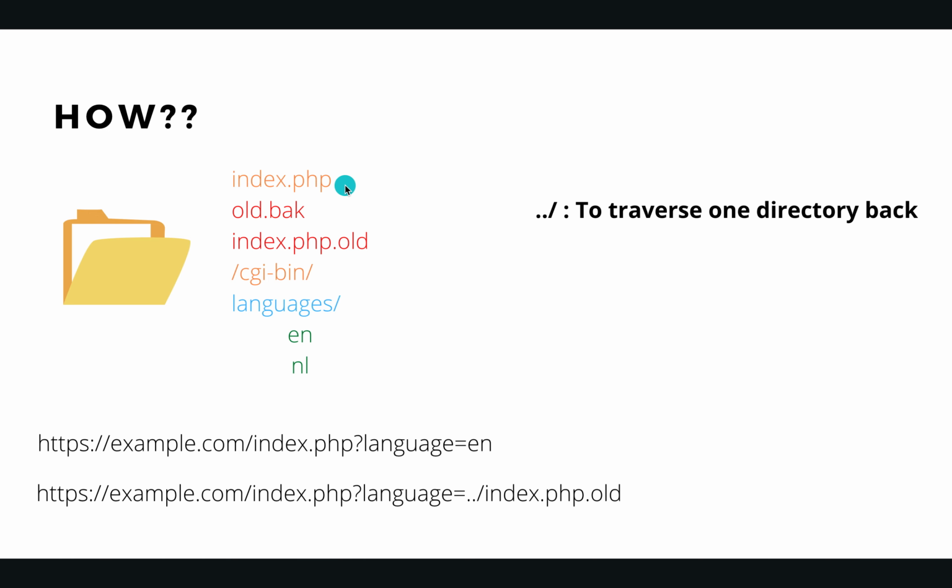Now, for example, if by default you are provided with an index.php file, suppose there are two other files which you do not have access to. What you could do in this case is include their names, and if the name is not properly sanitized, you could include them as a part of your response. Now why is this a vulnerability? Because those files could have sensitive user information like usernames, passwords, or even phone numbers or social security numbers. So this is a vulnerability.